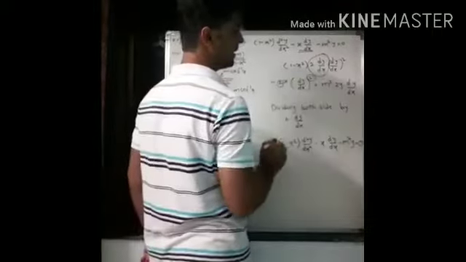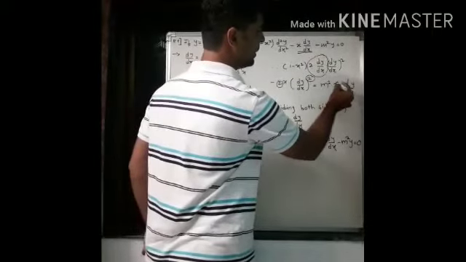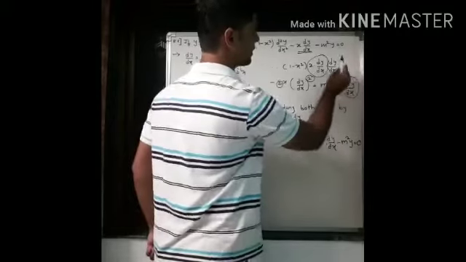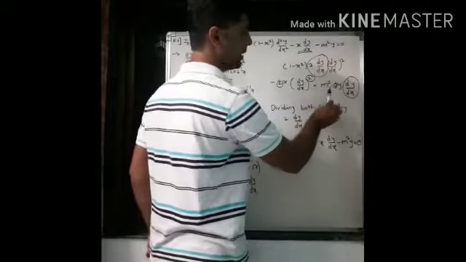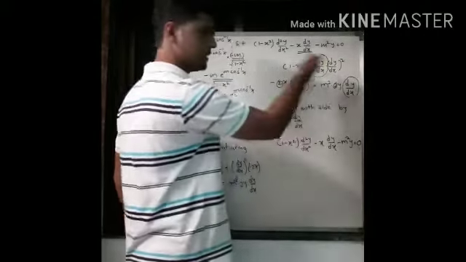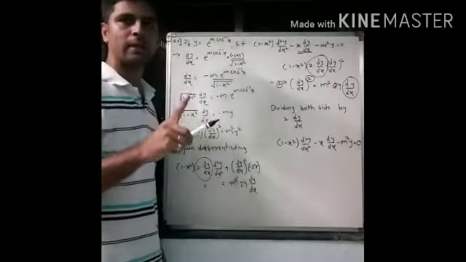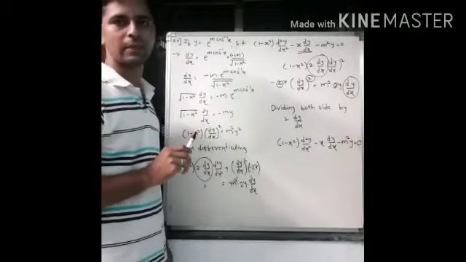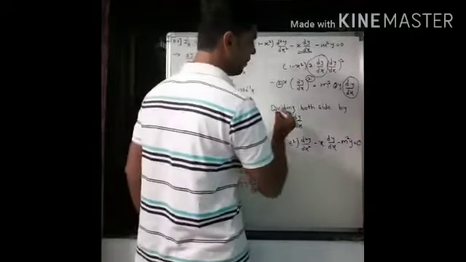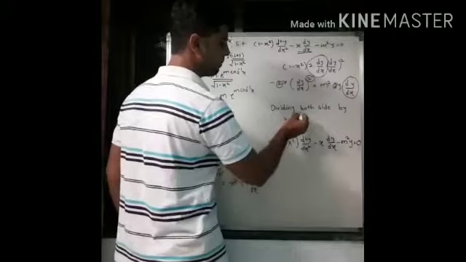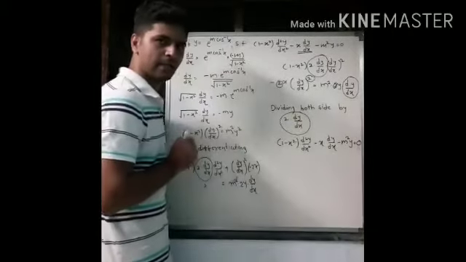Now come to the right side also. We don't want this 2 and this dy by dx, because we have only minus m square y, that is m square y, that will shift to the left side. So in all these 3 terms, there is one common term that we don't want in this expression. So what we'll do, we'll divide both sides of the equation by this 2 dy by dx.